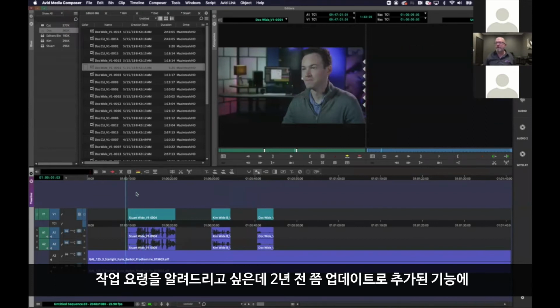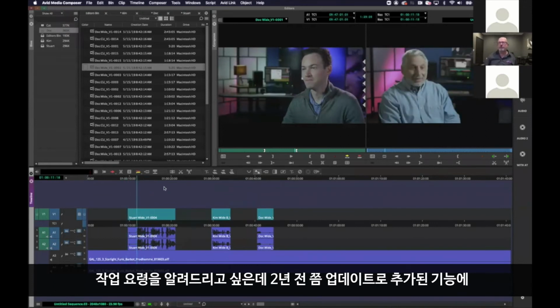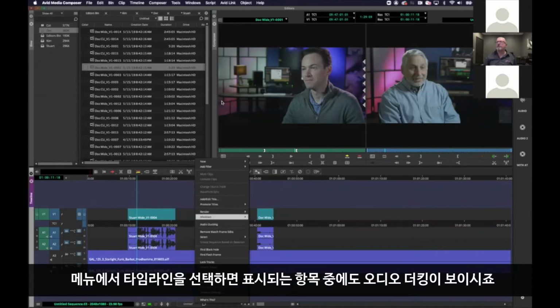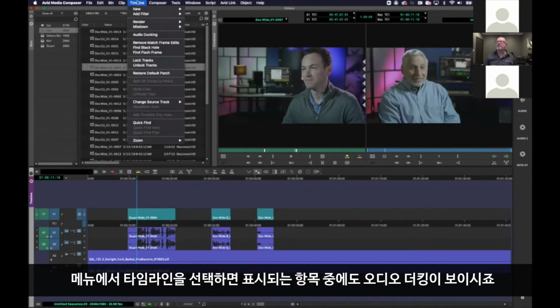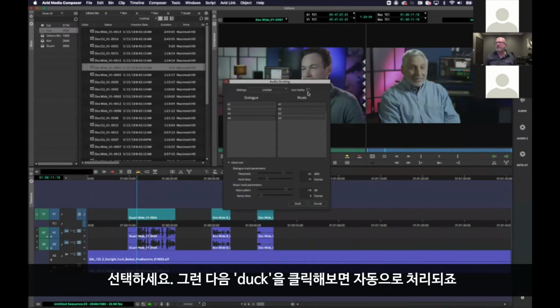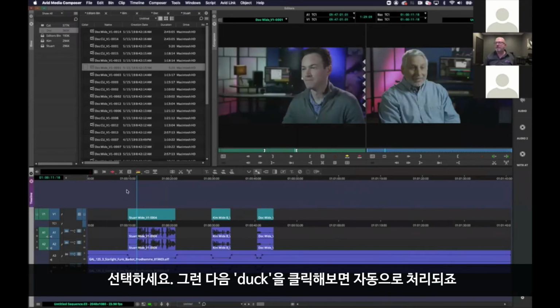One way to do it is using a feature that we've included, I guess a couple years ago, called audio ducking. So if you right-click in the timeline window, you can choose audio ducking. If you go under the timeline selection, there's audio ducking here. And all you're doing is you're choosing what tracks are your dialogue tracks and what tracks are your music tracks. And then when you click duck, it has processed and automatically